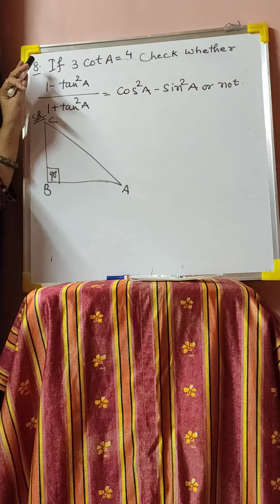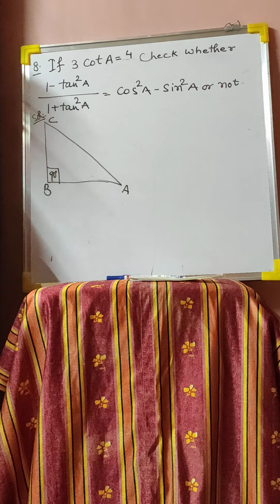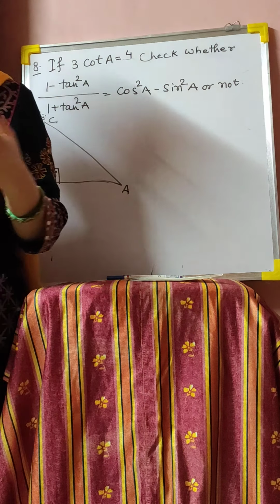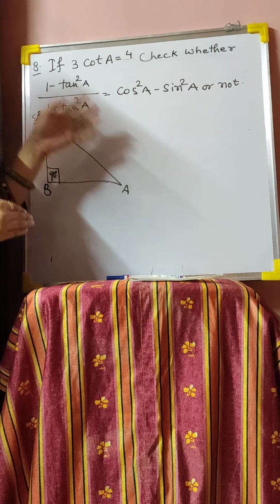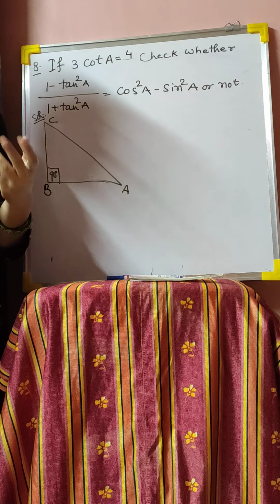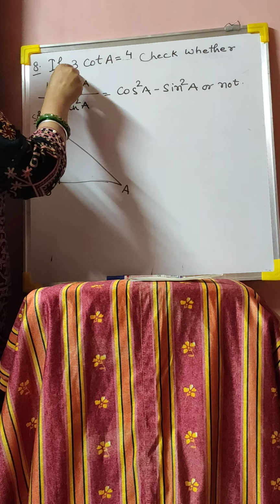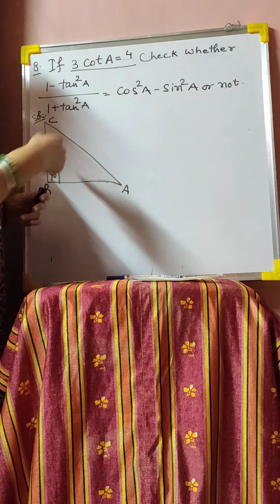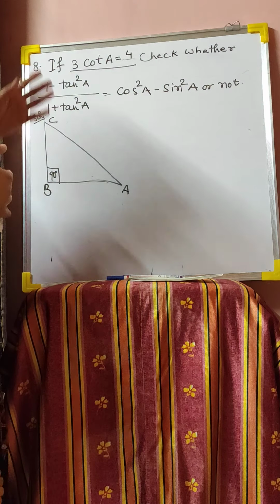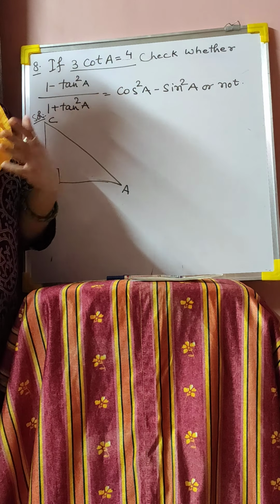Students, you will say that this is directly question 8. Actually, questions 1 to 7 are simply based on one trigonometric ratio being given, and you have to calculate the other. Maybe the trigonometric ratio is given in a form like 3 sin A equal to 4. So that's why I have taken this question, so that you can deal with that.